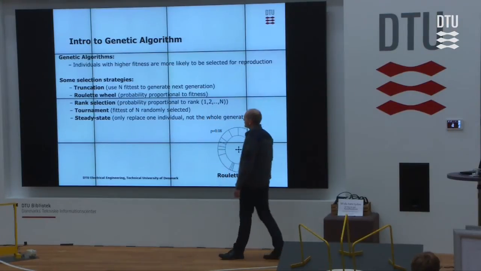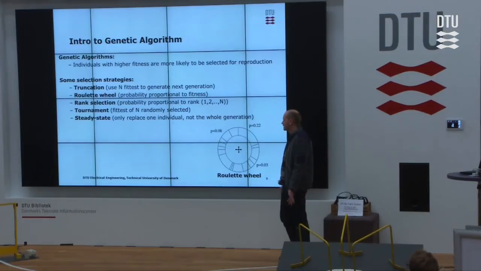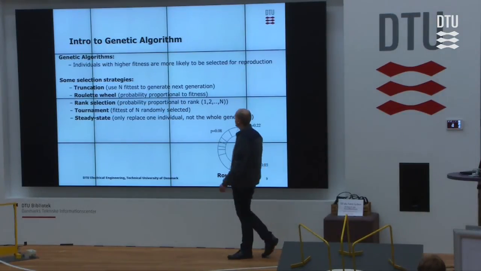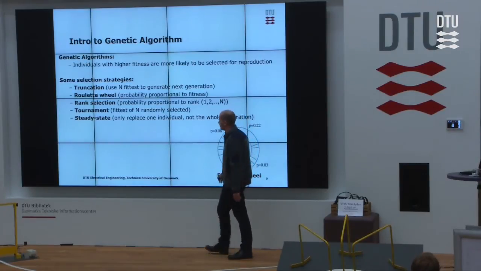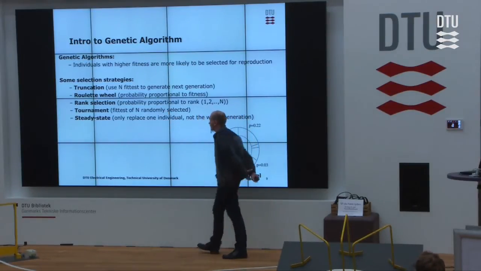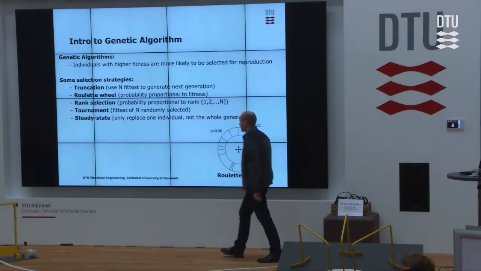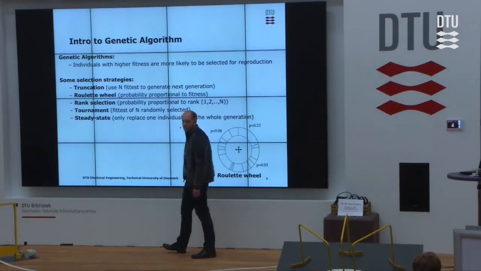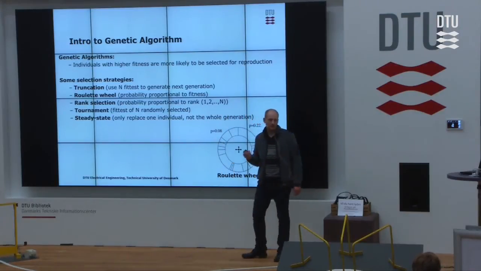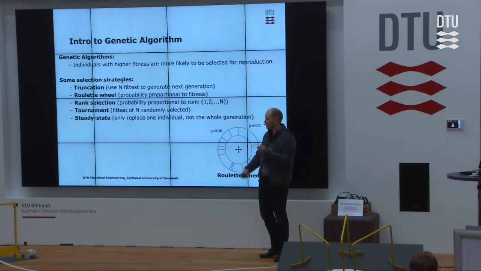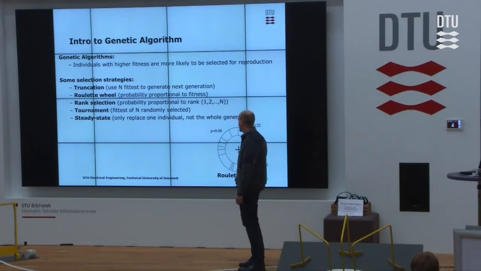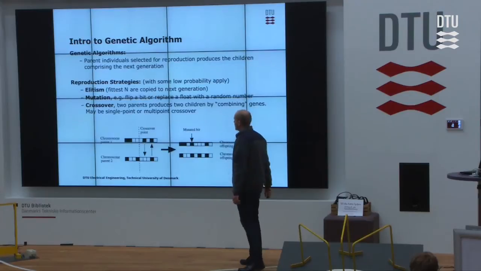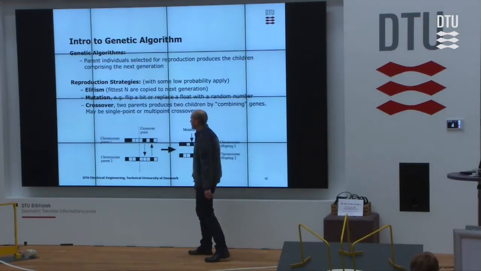So then what you do when you have assigned the fitness to each robot is you select the ones which you want to use for reproduction, and you can do this with a number of different selection strategies, which I might not want to go through, but you can imagine, for example, a roulette wheel, which is basically a probability dependent on the fitness function values. So you select with higher probability the ones that have higher fitness. So you select 2 of them and combine them. And the way you combine them is using these kinds of